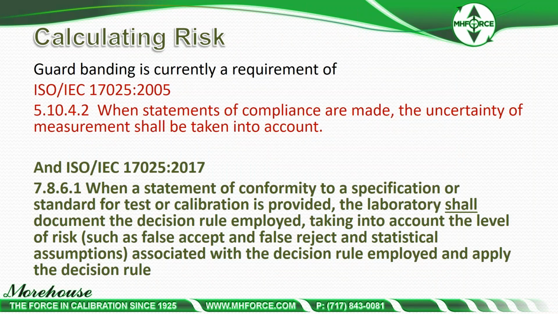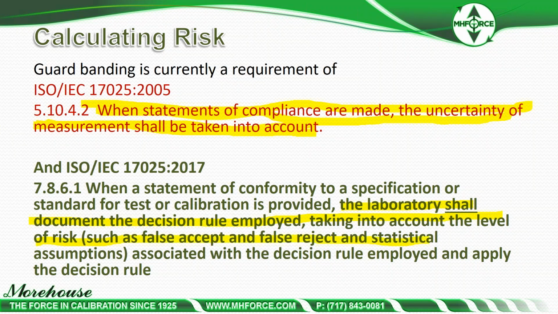Calculating risk. Some people say, oh, I have 3 years to implement the new standard, I don't need to do it. Well, you know what? 17025:2005 section 5.10.4.2 basically says no, you should be doing this now anyway, because it says when statements of compliance are made, the uncertainty of the measurement shall be taken into account. To me, this is applying a guard band. The new standard is telling you that the laboratory shall document the decision rule. And right here, 7.8.6.1, the laboratory shall document the decision rule employed, taking into account the level of risk such as false accept and false reject,